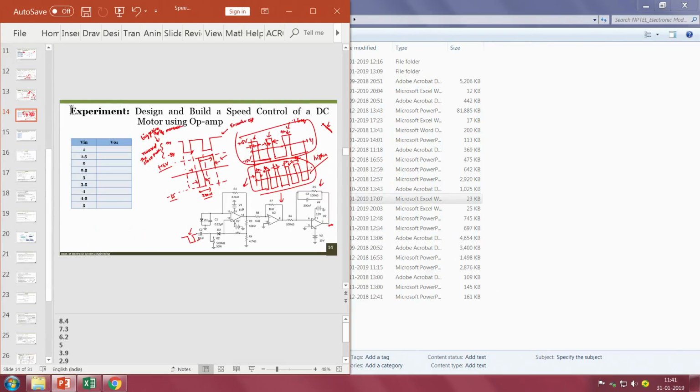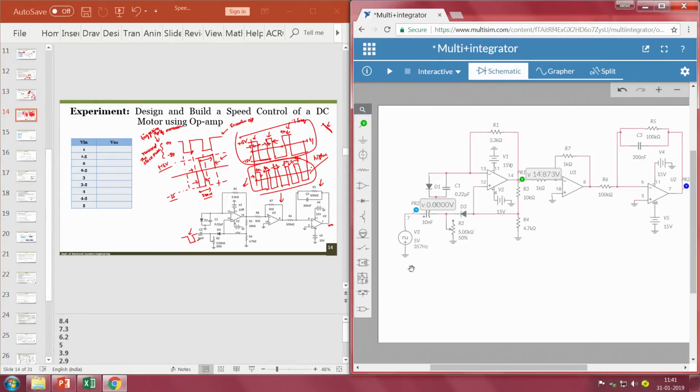So, let me open Multisim here. Yesterday we saw the working of this particular block, which is nothing but our monostable multivibrator. We have given an input signal which is similar to the encoder output that we receive, and this is our integrator circuit which we have seen at this point. Similarly, this is our inverting amplifier. Now, I have already designed an integrator and kept it here. Yesterday we already saw this in the previous module. Just have a look at the previous module in case you have not looked into that.